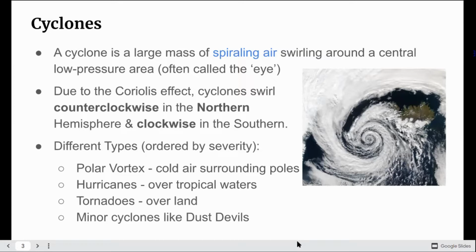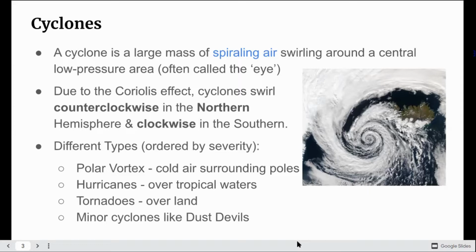We've got a couple different types of cyclones. Hurricanes and tornadoes we're going to talk about in a little bit more detail. But basically a hurricane is going to happen over tropical water. We call them hurricanes here in the Americas. If you go over to the strip between Australia all the way up to Asia, including the Philippines and all of those Pacific islands there, it is called a typhoon in that area. It's the exact same type of storm, it's just where it's located.